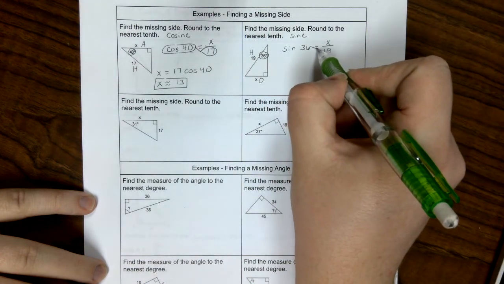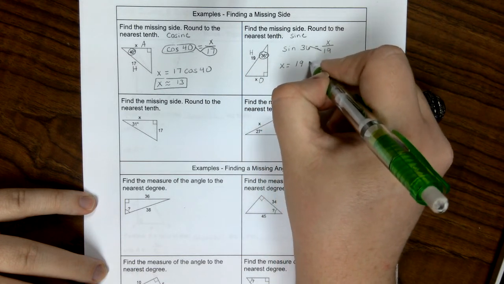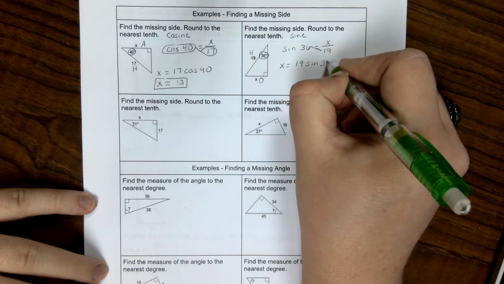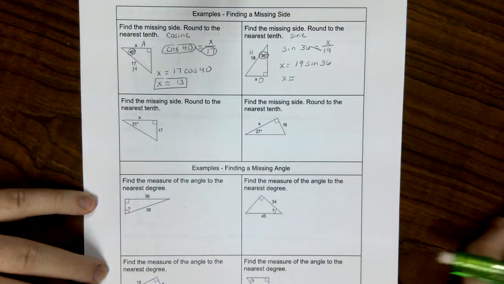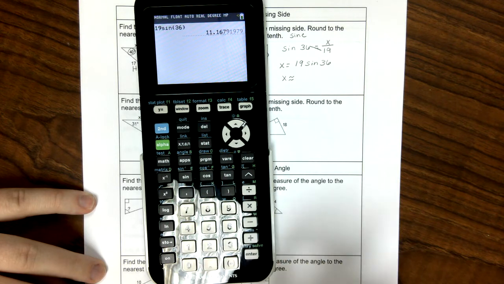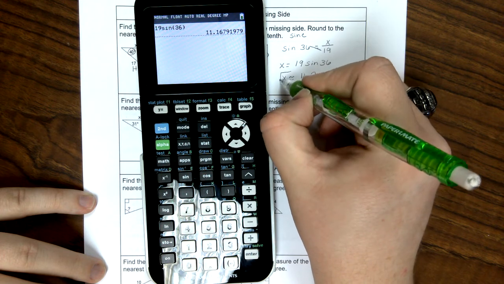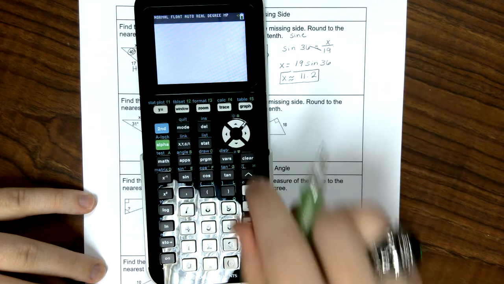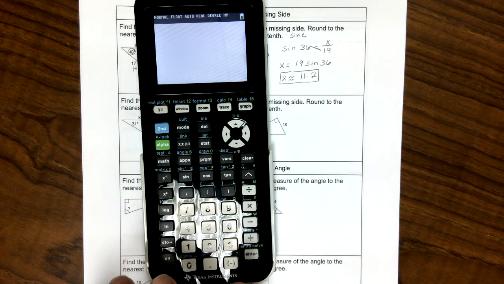These two get multiplied together and just bring your x down. He's on top. So 19 sine 36. Type in your calculator, 19 sine 36. That's going to round to 11.2. I think once you understand the trig and how it works, this is very, very simple. It's all calculator work. Now, back in the day, they did it all by hand, but